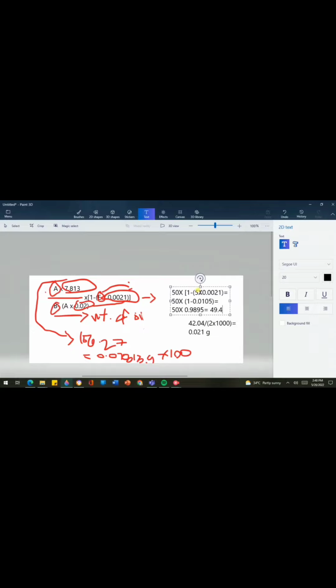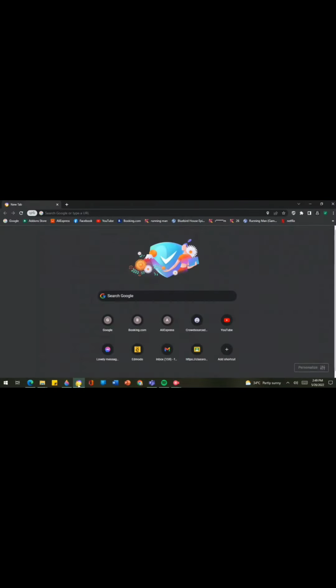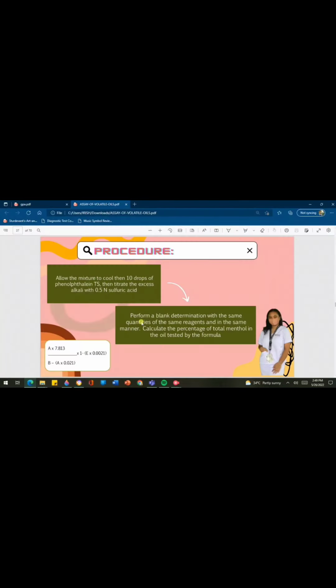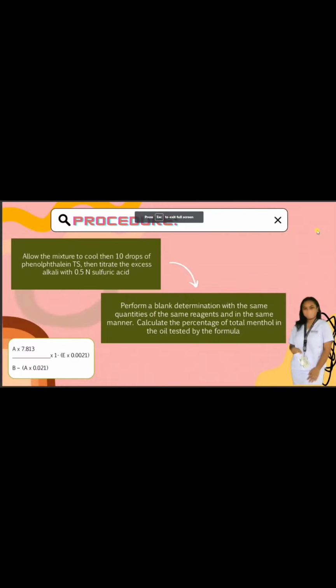The correction involves about 1/2 of 1% menthol, or 50 minus 49.475 is equal to 0.525%. So, peppermint oil is official in the USP and must contain not less than 50% total menthol in order to